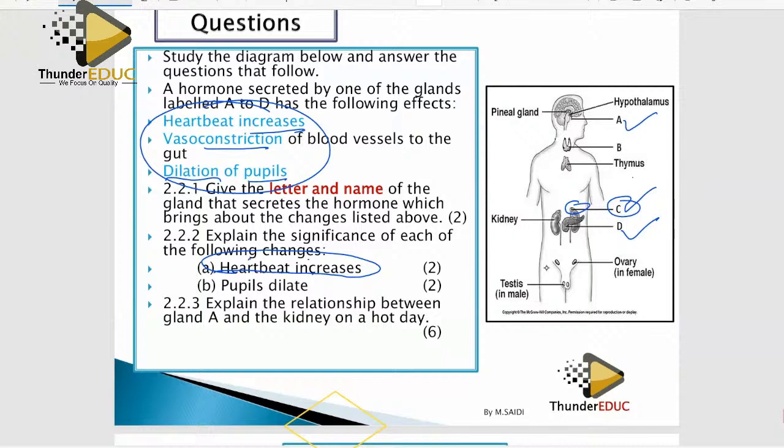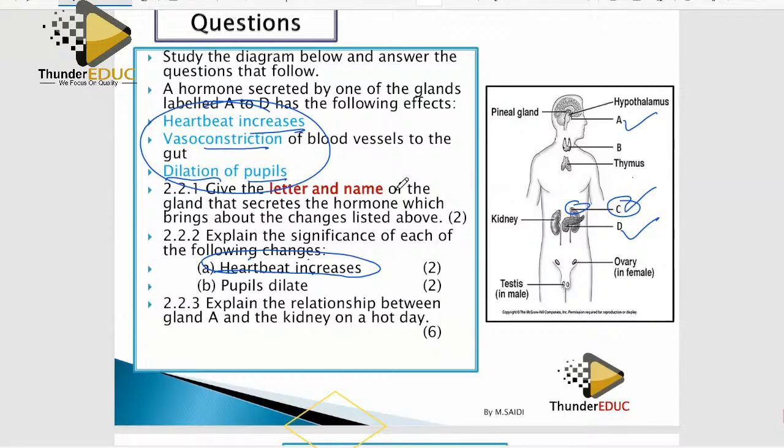Isn't it because it prepares you? Isn't it like to send more blood to the important organs, so the muscles and the heart can have increased blood flow for a fight or for you to run away? Increase what? Blood flow to the muscles and organs. Yes. Thank you so much.